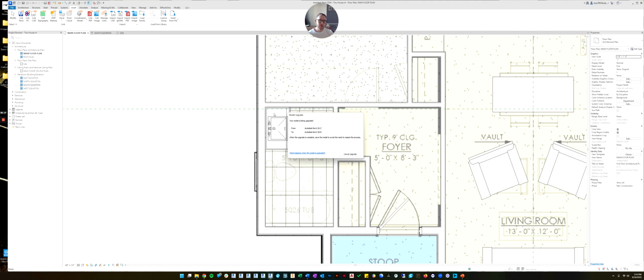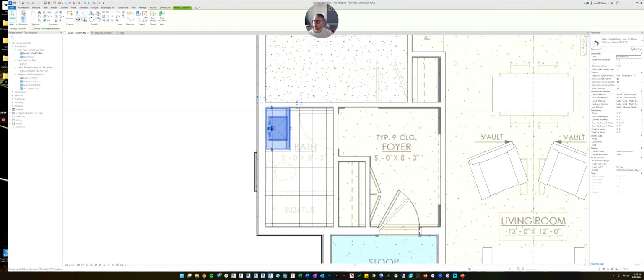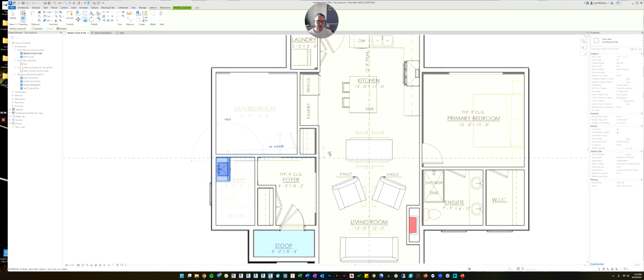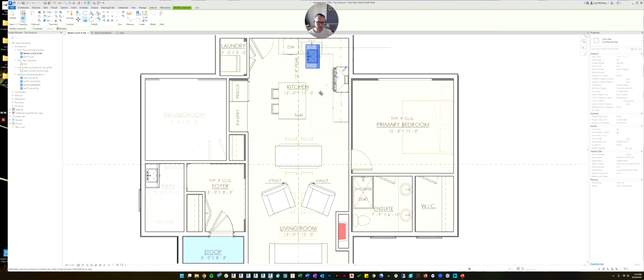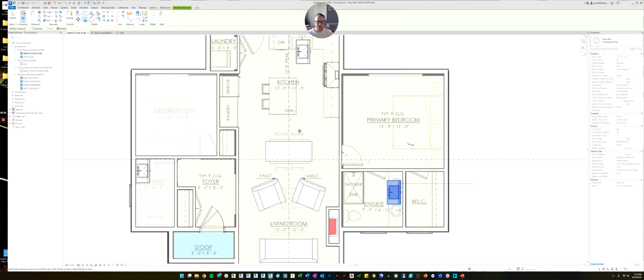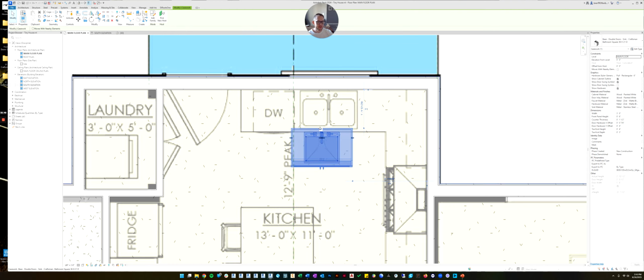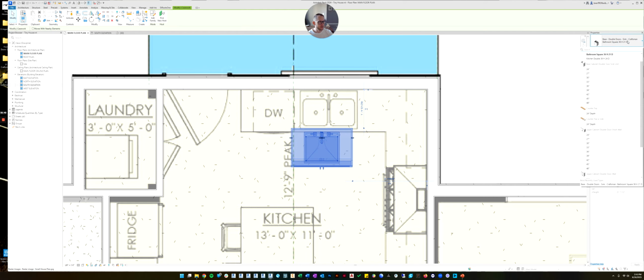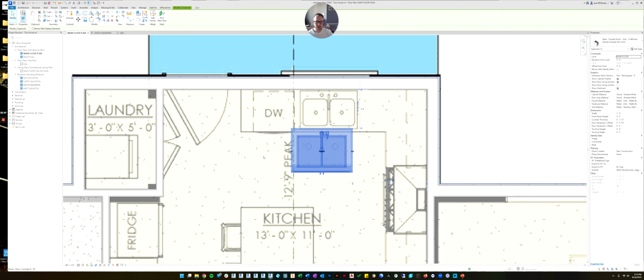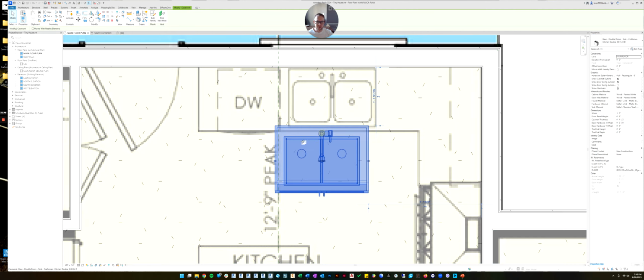And remember, that's the family we already loaded. We just didn't load all the types we needed. So we're loading more types. So now if you take this cabinet and you copy it, let's put it here where the sink's going to be, and then let's do one in this bathroom. So now if you rotate this 90 degrees, it's still showing a vanity, so a bathroom. Let's change this. Now if we click over here, you can see there's the kitchen option here. So let's change that to the kitchen, and now it updates to the kitchen cabinet.